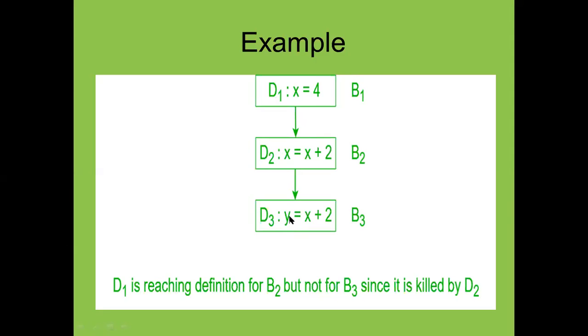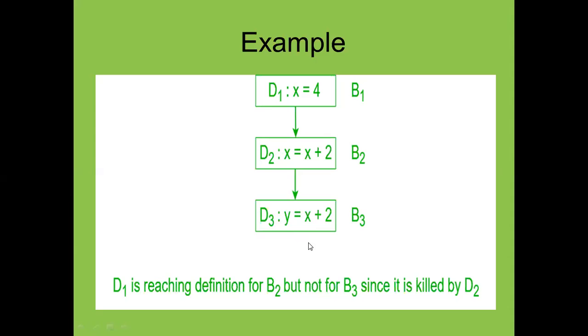If you are going to write again here x is equal to x plus 2, then you can consider x is equal to 6. Okay, from here, and then again you can write x is equal to x plus 2, and you will get the value of x is equal to 8. Here you are not getting the value of x again. Here you are assigning x is equal to 4. Here you are again printing the value of x. This becomes 6. But here you are not going to print the value of x.